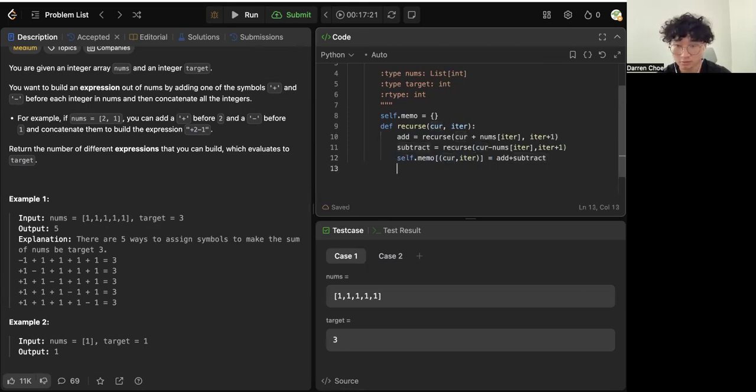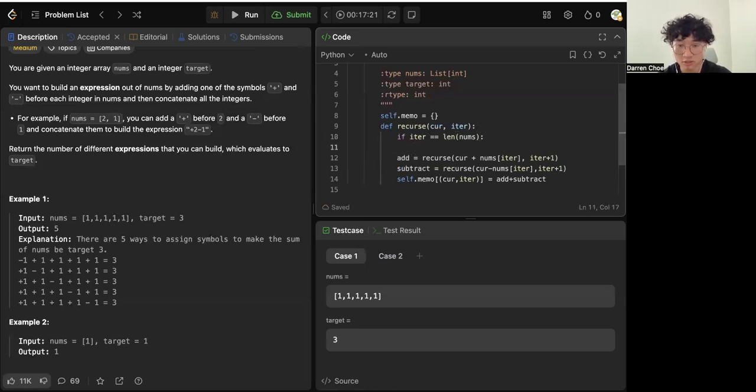And then from there, we've got to determine if it's equal to target. So let's say, okay, once we reach the end of nums, we know it's because iter is equal to the len of nums. So if iter is equal to the len of nums,